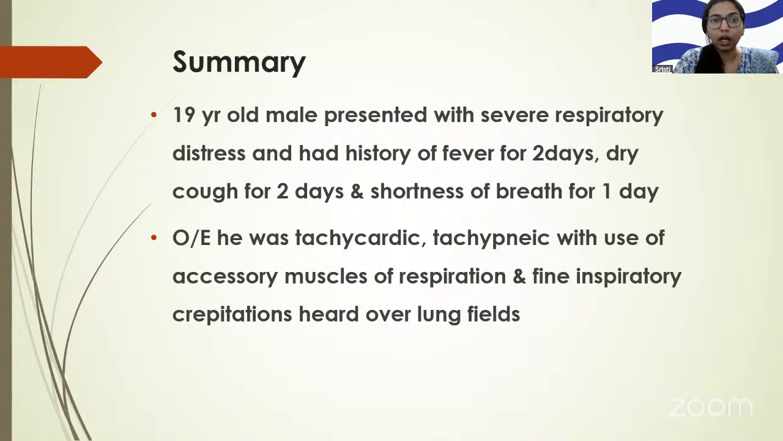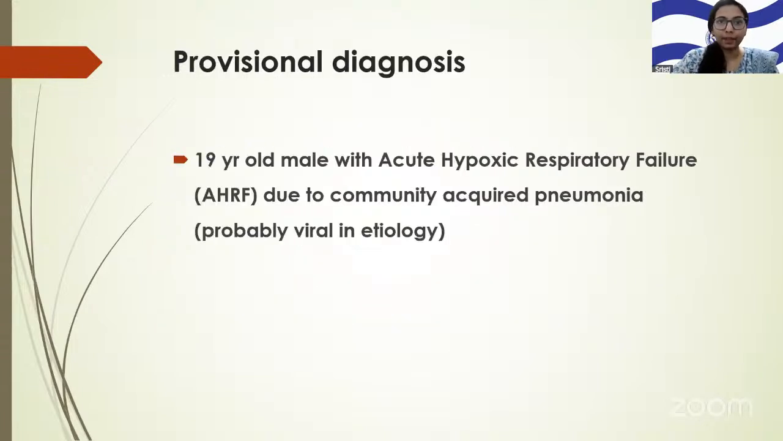Coming to summary, a 19-year-old male presented with severe respiratory distress and had history of fever for 2 days, dry cough for 2 days, and shortness of breath for 1 day. On examination, he was tachycardic, tachypneic, with use of accessory muscles of respiration and fine inspiratory crepitations heard over lung fields. So the provisional diagnosis here will be a 19-year-old male with acute hypoxic respiratory failure due to community-acquired pneumonia, probably